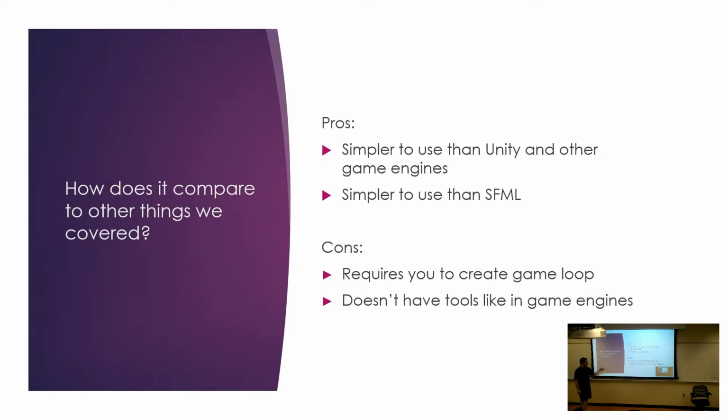But as for the negatives, we'll say here the fact that you still have to make a game loop. So you still have to update every object in the game. You have to make sure they're all in the same order, or else the game's not going to run well. And it also doesn't have all the tools like modeling the map or anything else. You don't have that, which means you're going to have to do it manually. You're going to have to make the images, or I guess PNGs are already used for it, and try to set it up in any way that you know or are willing to. Next.